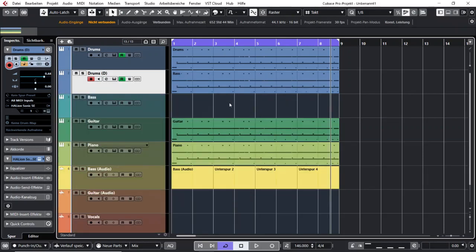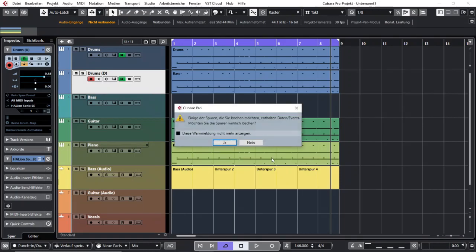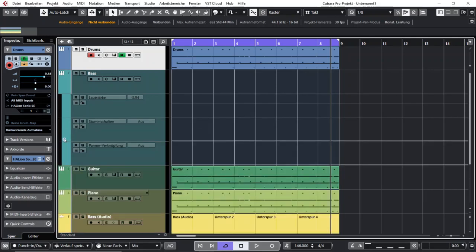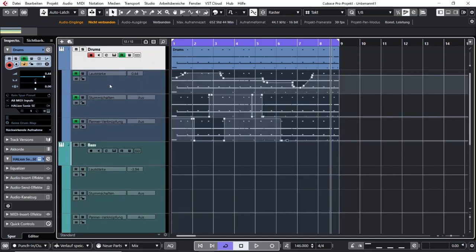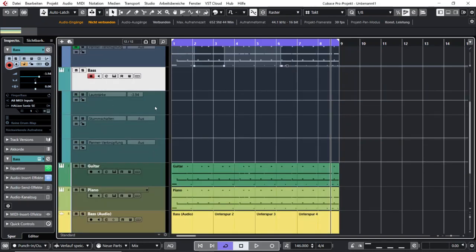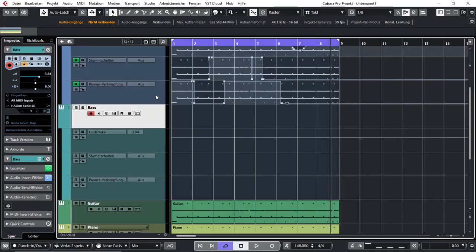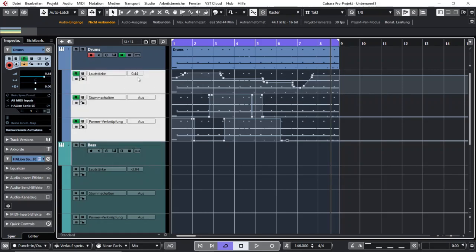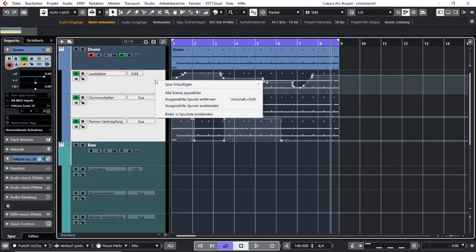So the other solution you could use is also kind of simple. Then you just have to do one thing in advance. If you want to have your volume and your mute automation and your pan automation, then you have to make sure that in your other track you also have volume, mute and pan automation opened in the same order as above. If you have done that, then you simply select all your automation tracks. You right click and say